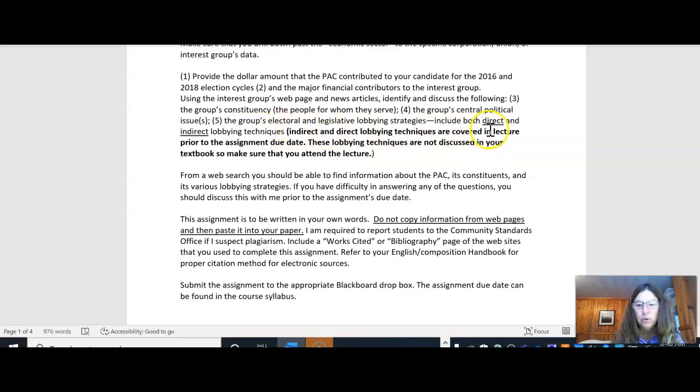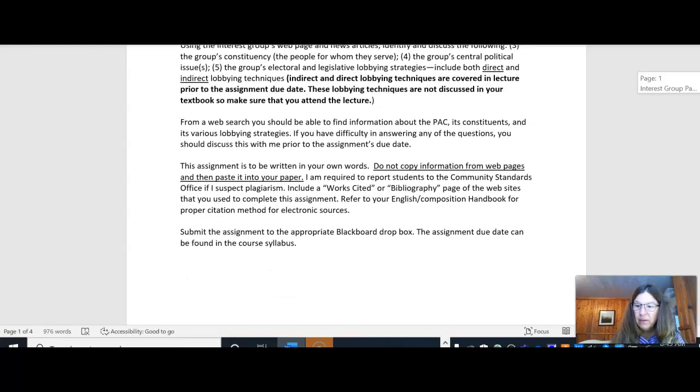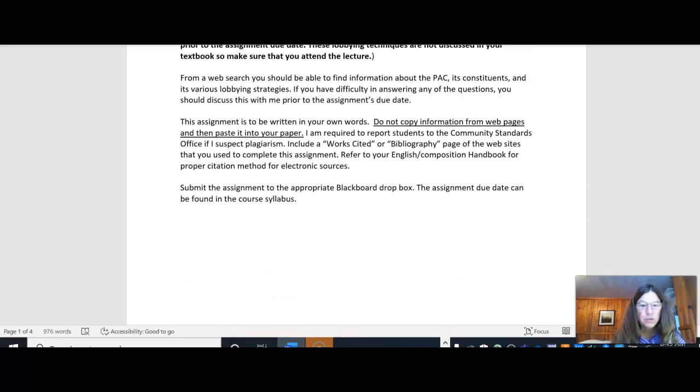And then the group's electoral and legislative lobbying strategies. And I want you to include both direct and indirect lobbying techniques. Now, I discussed that in an earlier lecture. If you miss that lecture, make sure you get the notes from a classmate. But this is a very important aspect of this particular assignment. So the assignment just goes through, explains some of the things that I'm interested in, but I want to caution